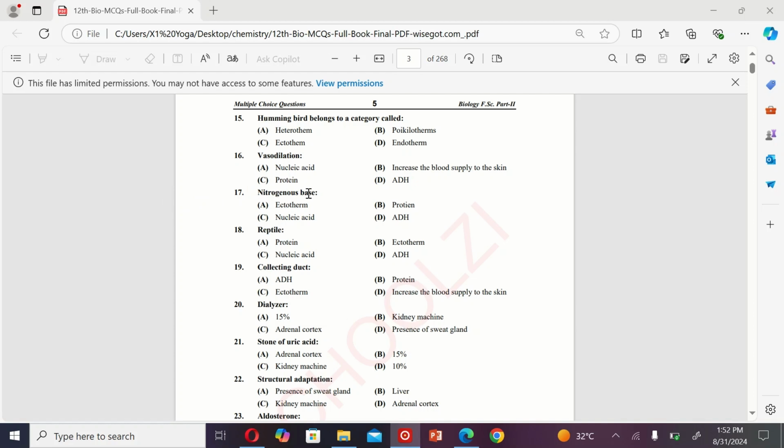The next MCQ is: nitrogenous base. A. Ectotherm, B. Protein, C. Nucleic acid, and D. ADH. So the correct option is